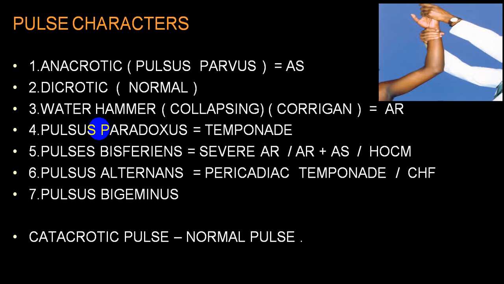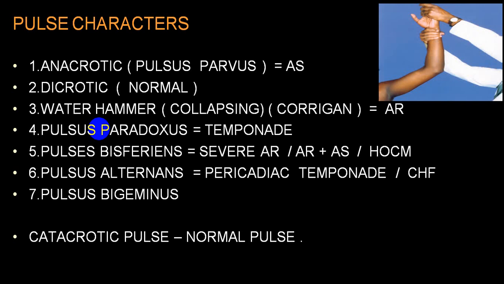This is typically described as pulsus paradoxus, which you can feel over the radial pulse. Ask the person to take a very deep inspiration, hold it, and see that the volume is reducing and sometimes the pulse disappears. And when the person takes a forceful expiration, the pulse volume reappears. It increases slowly. This is characteristic of pulsus paradoxus, and it is seen in cardiac tamponade, or what we call pericardial tamponade, in massive pericardial effusion.